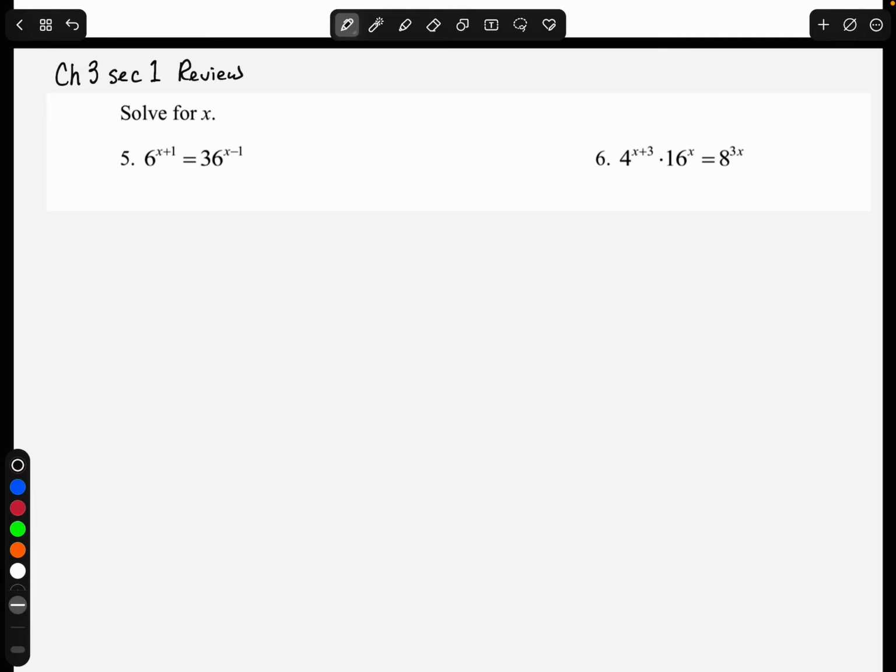Hi, this video is for problems 5 and 6 from the Chapter 3, Section 1 review. The directions on this one say solve for x. So for 5, we have 6 to the power of x plus 1 is equal to 36 to the power